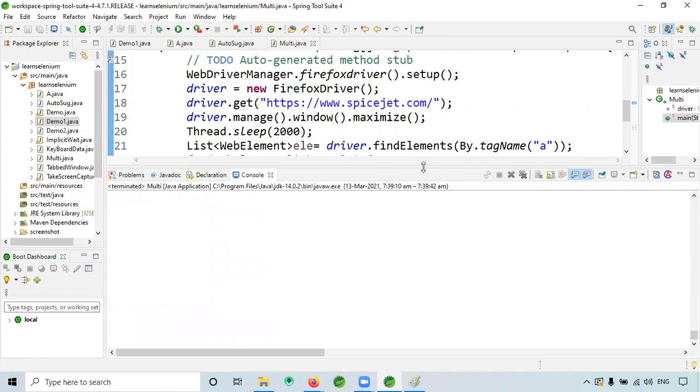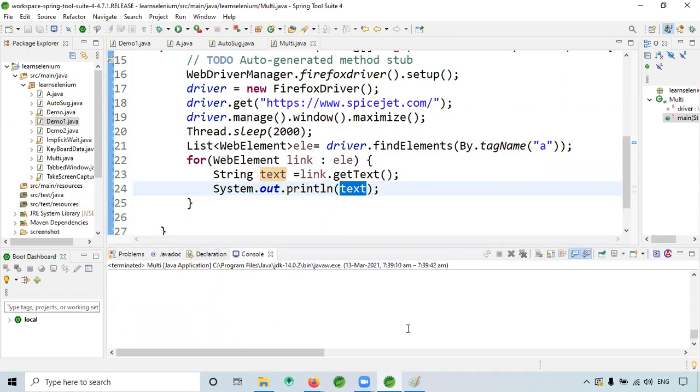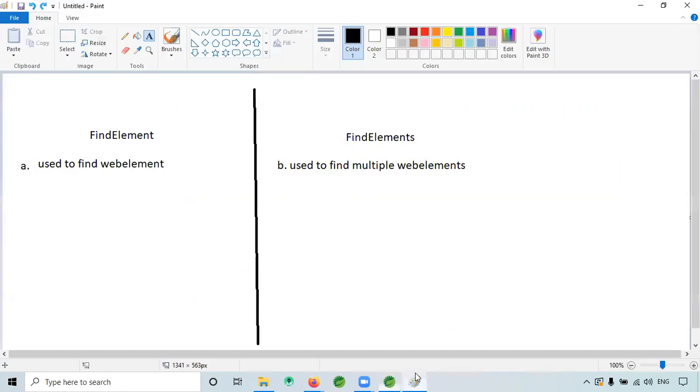Now, next is, if the element is not there, what is the exception it will throw? NoSuchElementException, exactly.